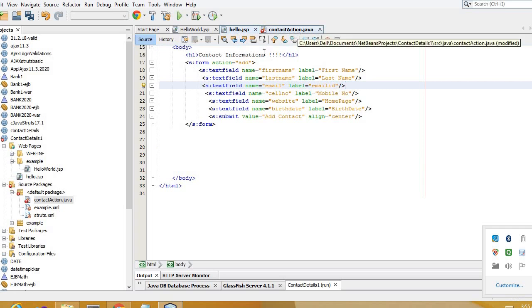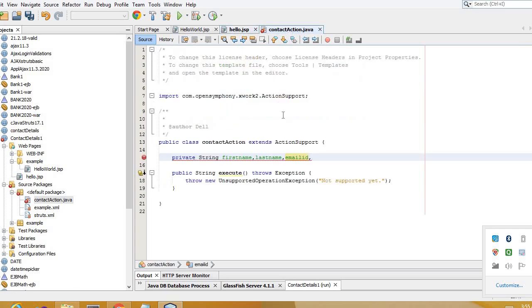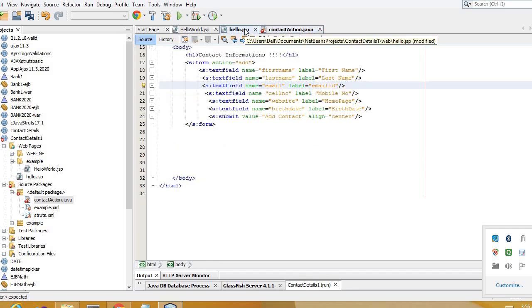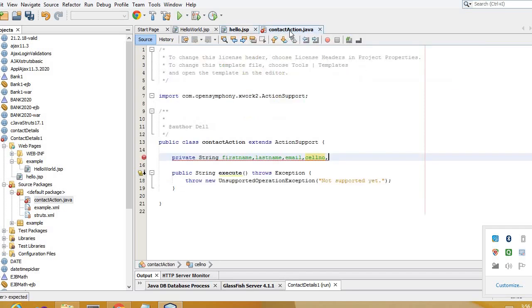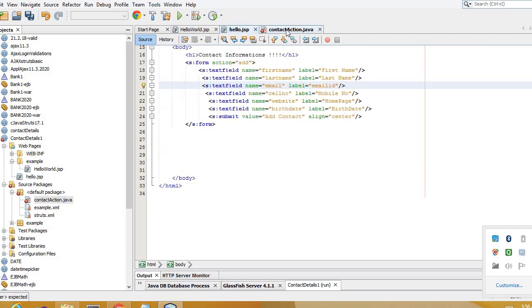Then here it should be email, then cell number. Okay, we have taken here cell number, then website, along with it we have birth date, right?